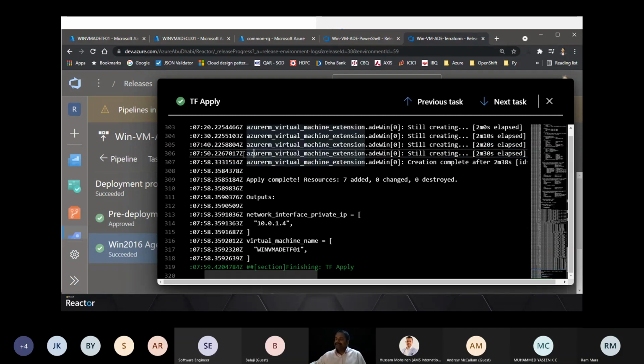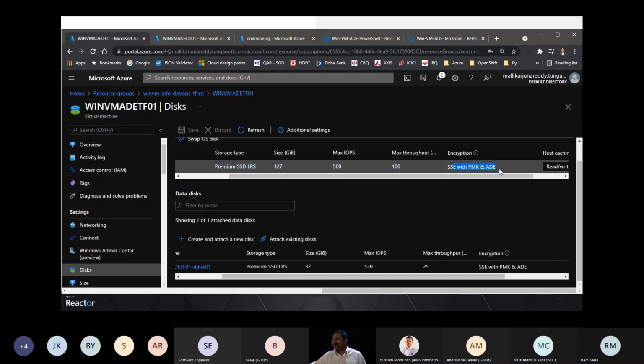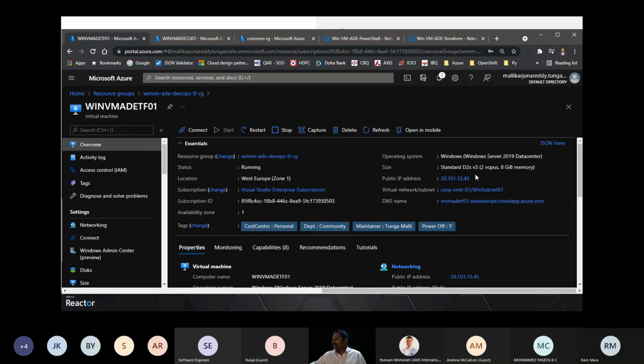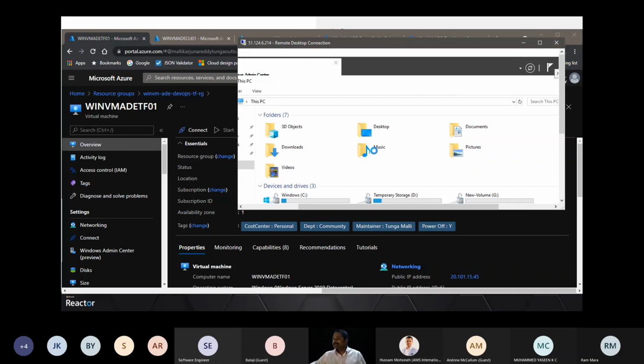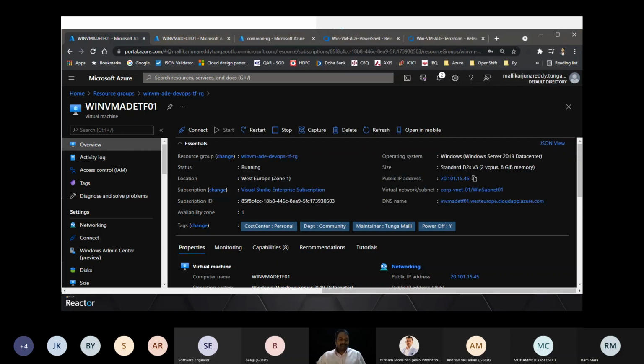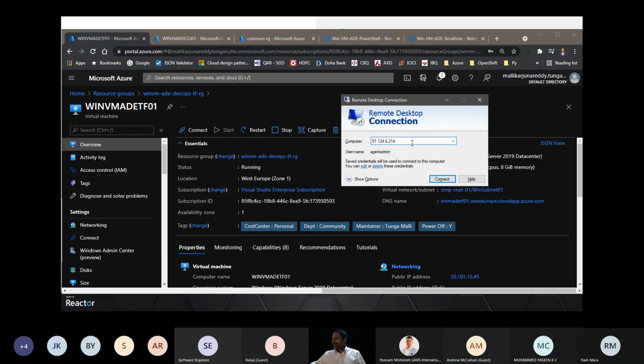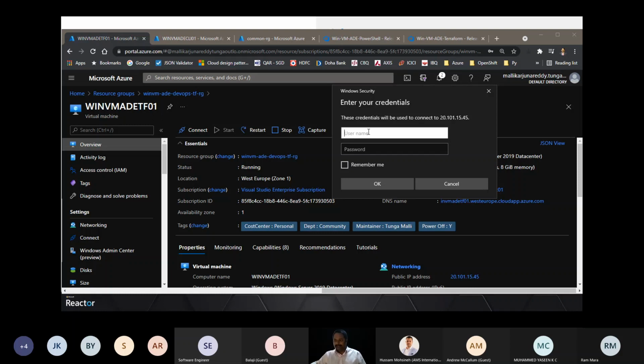So this is the DevOps. This is the task which I was talking about, the Azure Virtual Machine Extension used to perform the Azure Disk Encryption. And this is the virtual machine, and you see here this is already done. In case you want to go inside and see that, we can do that. One more minute will be needed to perform that. We are extending 10 minutes already. Bear with me another 5 minutes and then we'll conclude this. So this is the Terraform VM which we created.